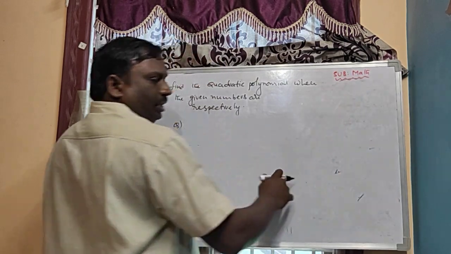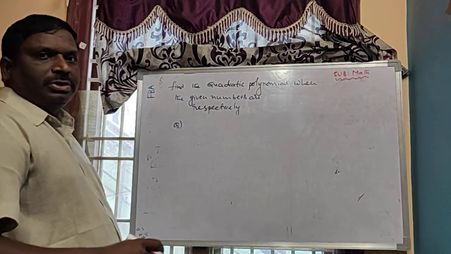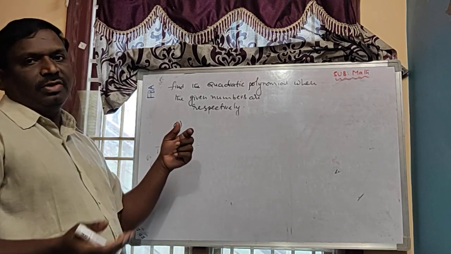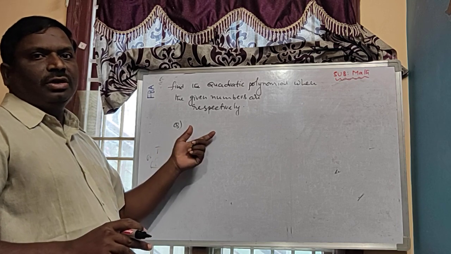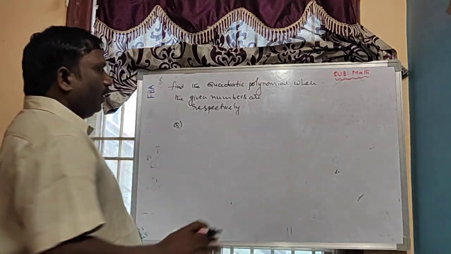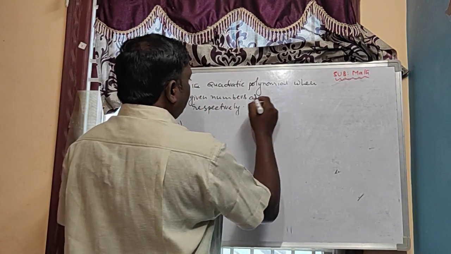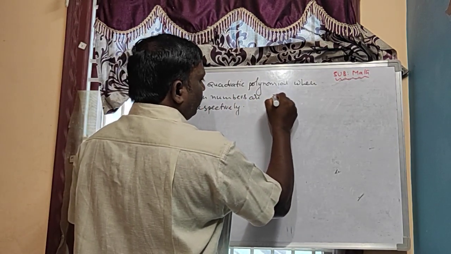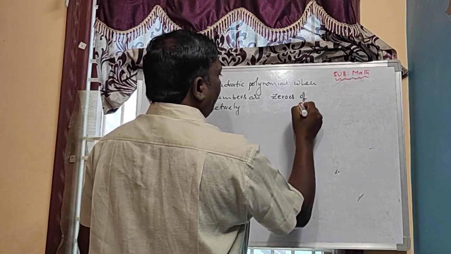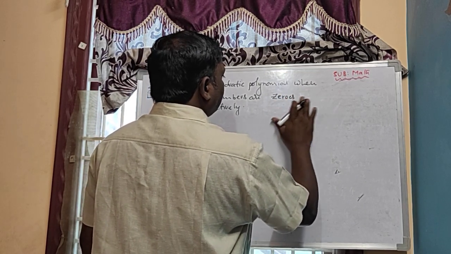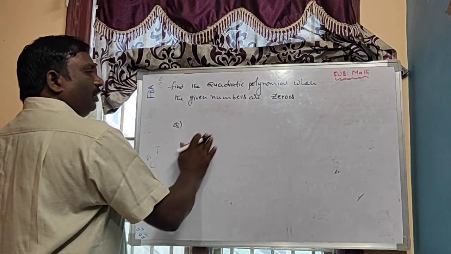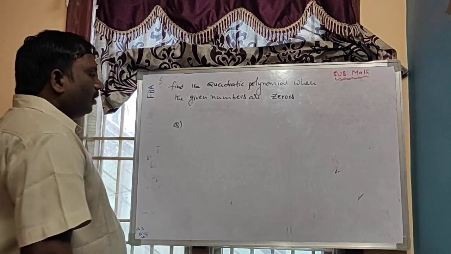So many students make mistakes here. In many papers, if they give two values, students simply take one as alpha and another as beta. That is wrong. First you have to identify the question. Now, when the given numbers are the zeros, with no need to take them respectively, anyone you can take as alpha and anyone you can take as beta.